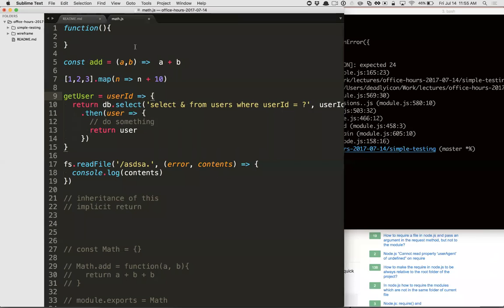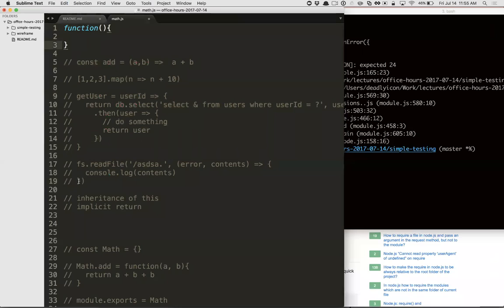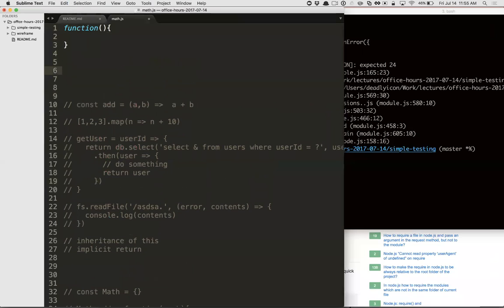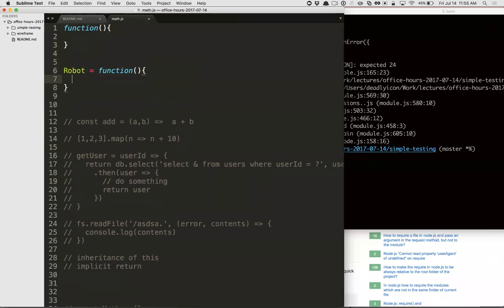So that's another case. But what's the difference between function and arrow function? So here is an example, right? Let's say we have a class. Right, so we create a robot.